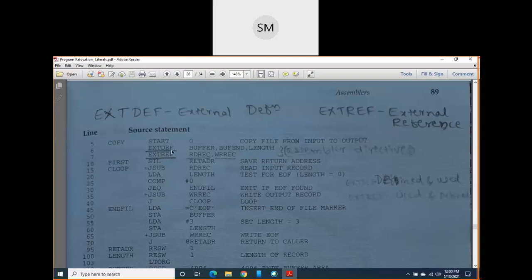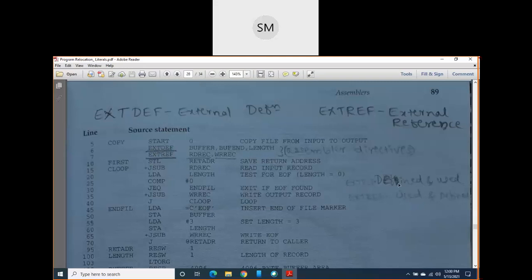If you observe carefully, under external definition I have made a list of some labels or symbols: buffer, buffend, length. These are all external symbols, and they are written as an external definition. Just remember the meaning of external definition once again; with pencil I have written it here for your easy understanding, in just two words.